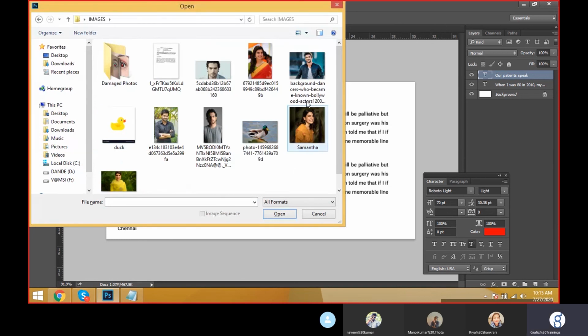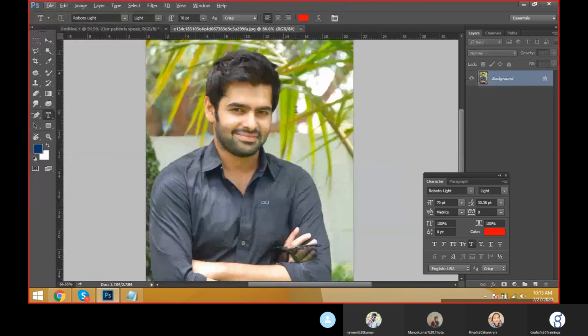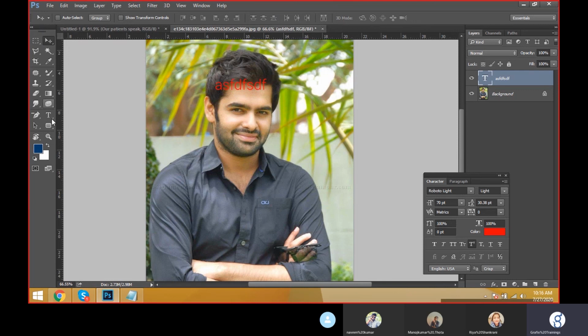Suppose we have a text already, we saw some text here. This is a horizontal type mask tool. Type tool means we can write the text on top of the image. Okay, good. But what is horizontal type mask tool? It is a masking area.